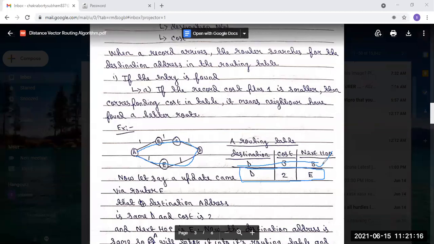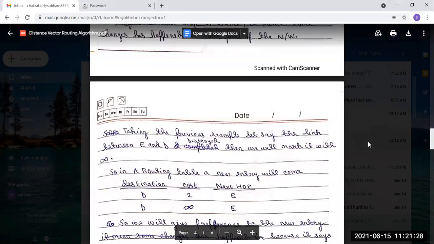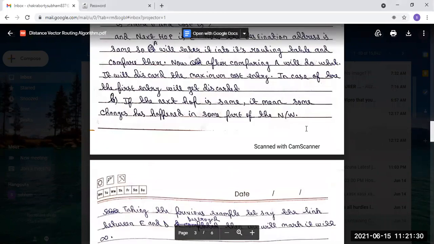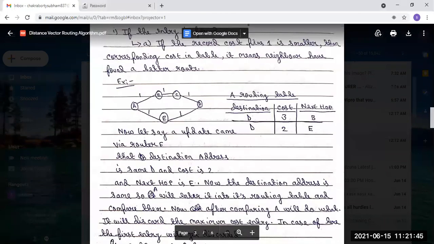Here you see the next hop is different. But if the next hop is the same, what will happen? If the next hop is the same, it means some changes have happened in some part of the network. So let's say we are considering this example, from E to D,